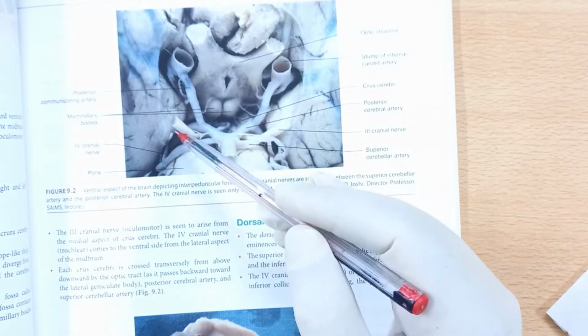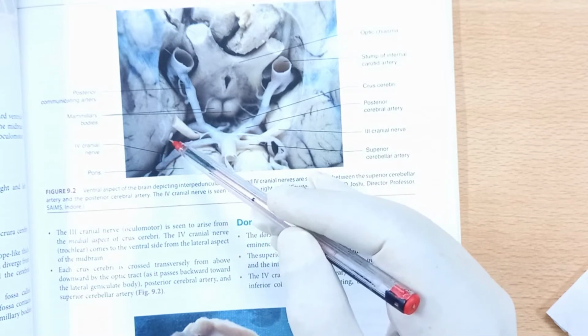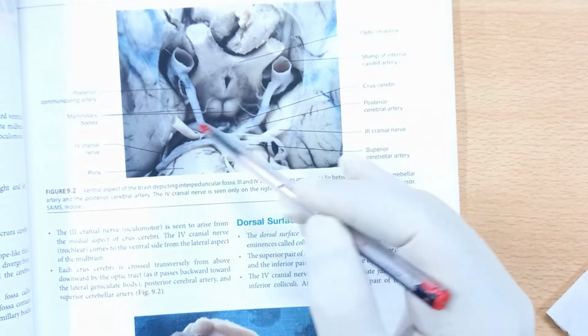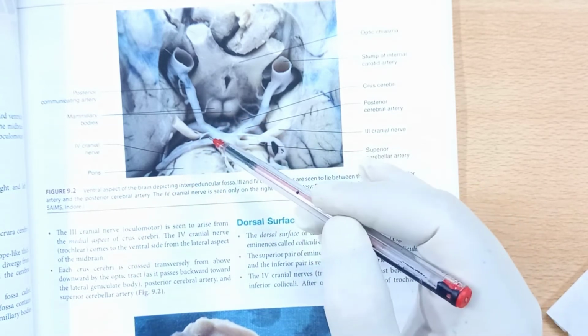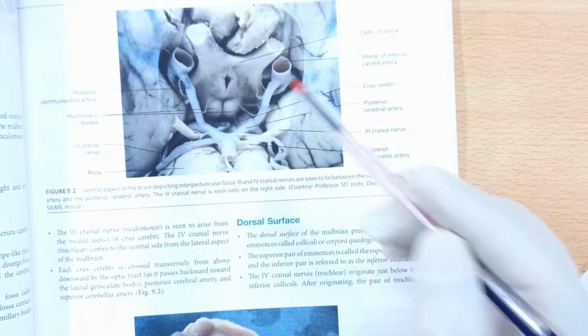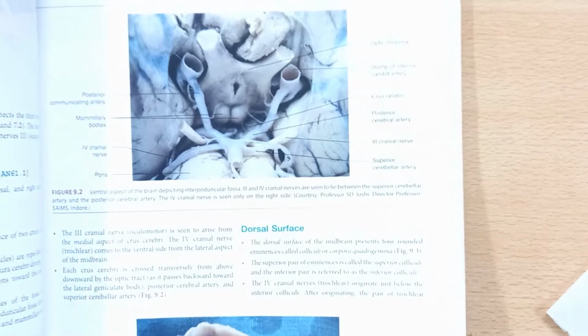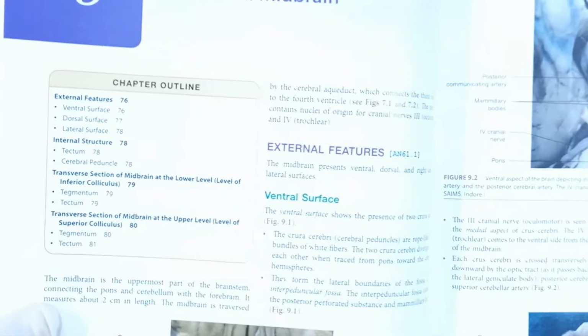This thin nerve which is coming from the dorsal surface is the trochlear nerve. So this small portion of the midbrain shows very few features compared to the ventral surface. Let us go to the dorsal surface of the